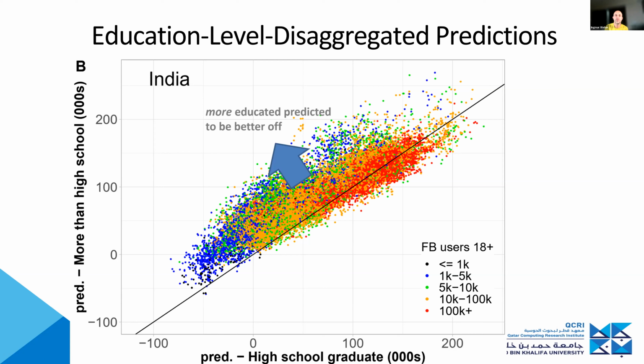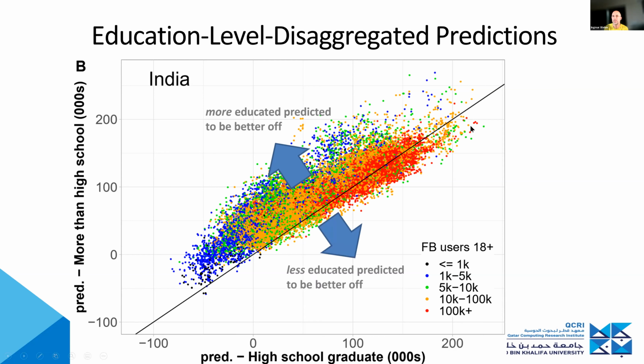And this lets us create these estimates where every data point is a location, in this case in India. We have one prediction for people who have a university degree and one for people who don't have a university degree. In most locations, in aggregate, we would predict that the wealth index for more educated people is higher than for people who are less educated. That's maybe obvious, but at least you get something plausible, which is reassuring.